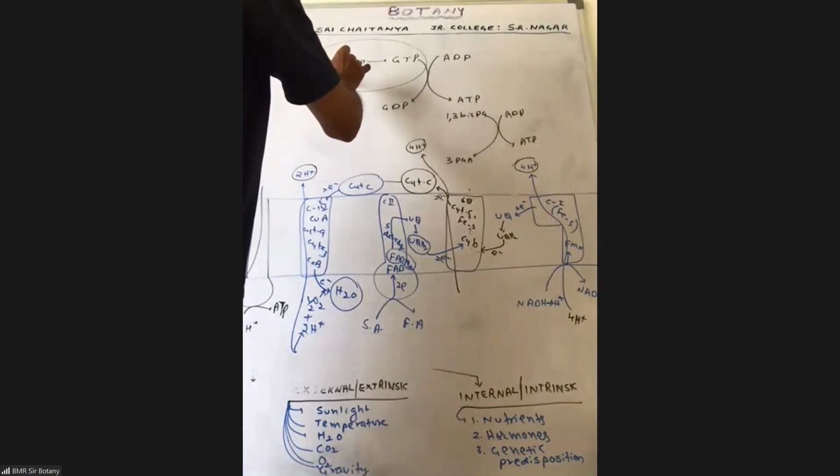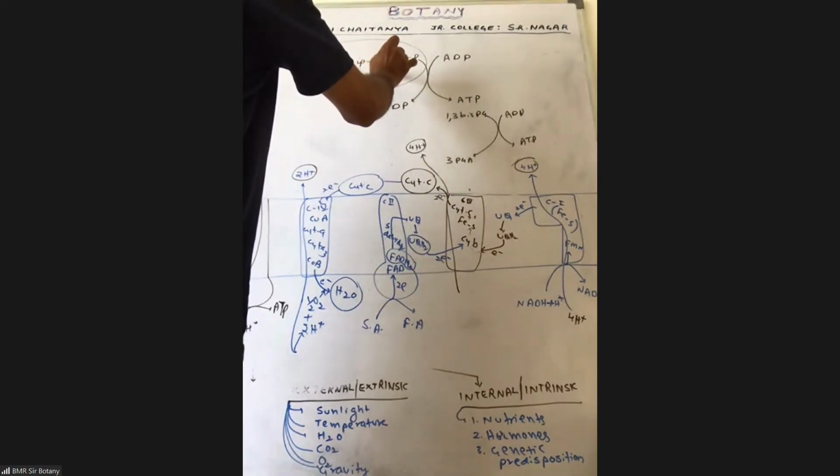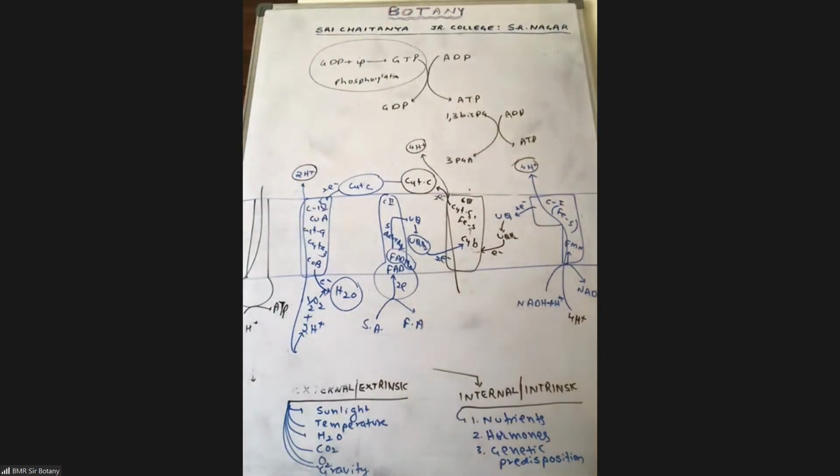But can you call this transphosphorylation? No, simply phosphorylation, because phosphate is added here. In TCA cycle, SLP can be simply called phosphorylation. Cannot be called transphosphorylation. SLP of glycolysis can be transphosphorylation, but SLP of TCA cycle cannot be transphosphorylation. However, GTP formed can undergo transphosphorylation ultimately to give rise to ATP.